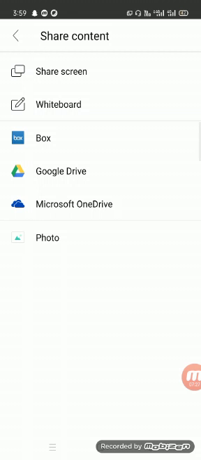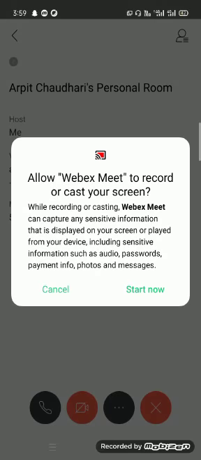So let's talk about share screen. By clicking on share screen, it will ask you whether to show the screen, yes or no. By clicking on start now, the